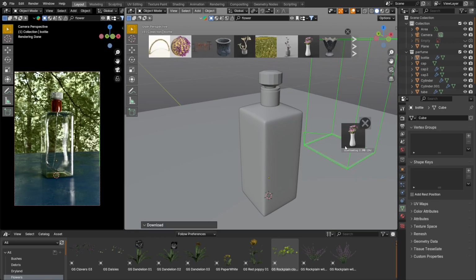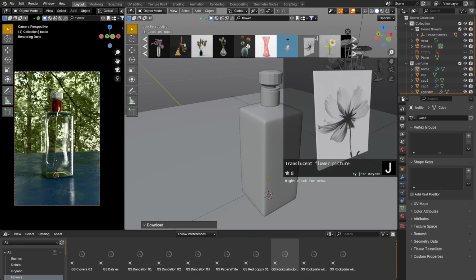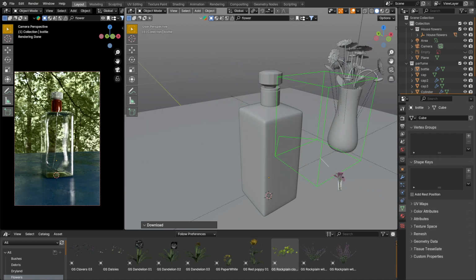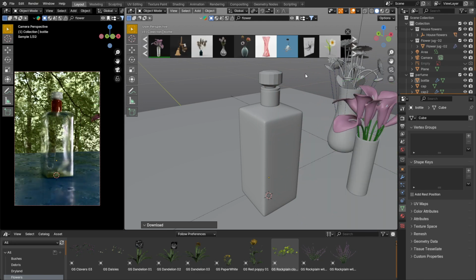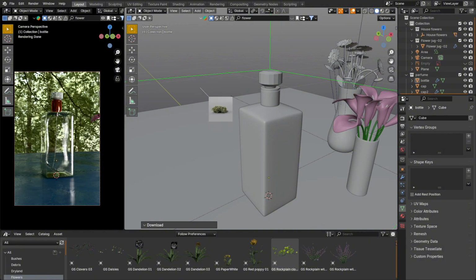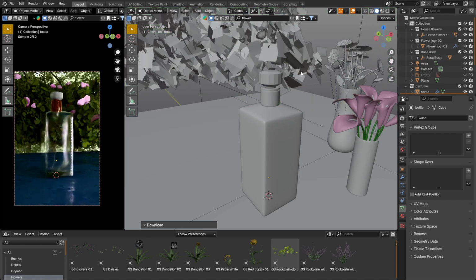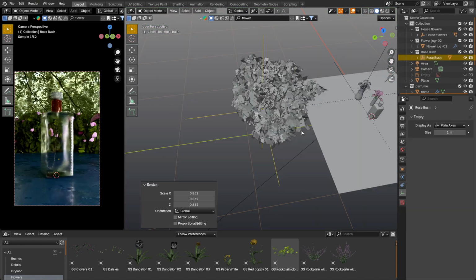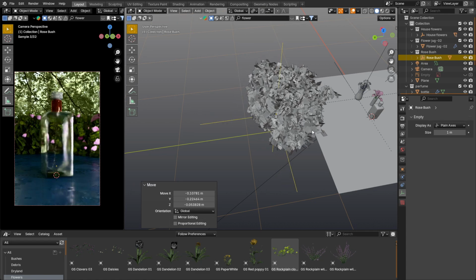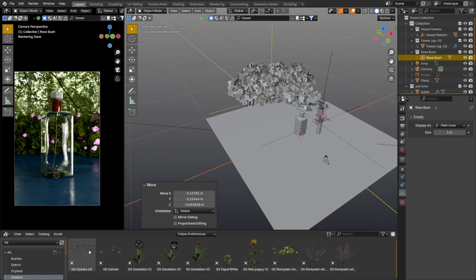Let's move on to filling the scene. The add-on BlenderKit and the library that I have will help me with this. I wrote the word flower in the search and downloaded the models that suit me or that I can use. It may be that the flower suits me but the color does not. Therefore, I will have to modify it in the shader. That is, my idea is that in the background there will be a bush with roses and on the sides of the bottle there will be flowers. On the floor there will be grass, stones and flowers.